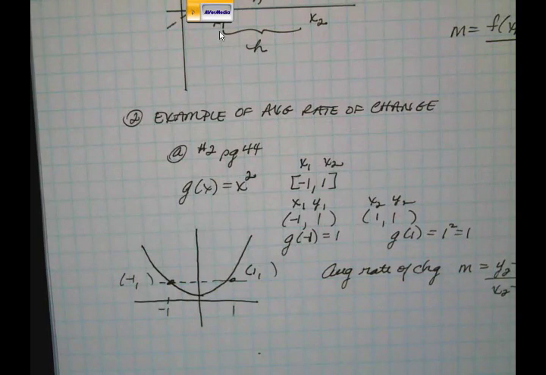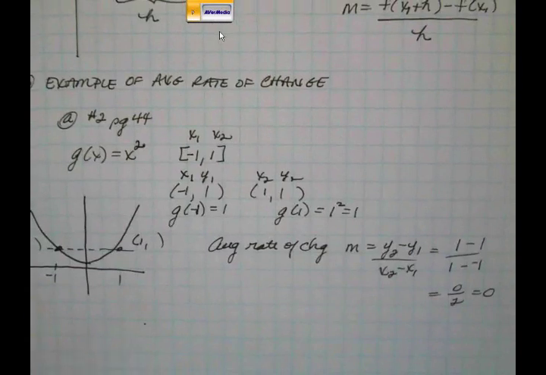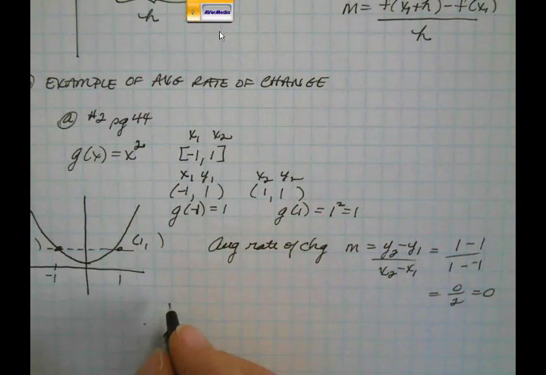So if x is -1, you go to the function, g of -1 is -1 squared, which is a +1. If your x value is +1, g of 1 is 1 squared, which is also +1. So those 2 points are (-1, 1) and (1, 1). There's your 2 points that you're looking at the slope between. So your average rate of change, which was the question,